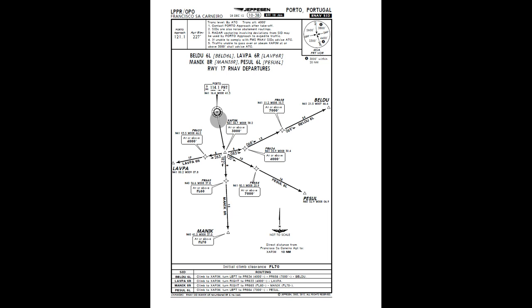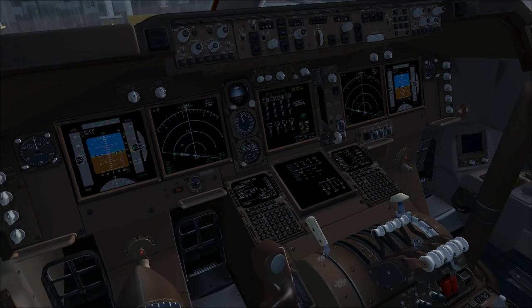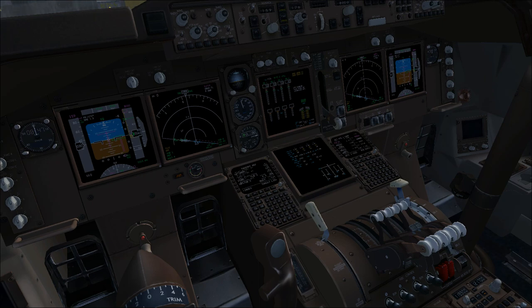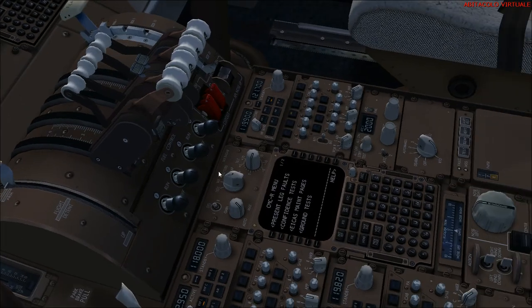See you back in the cockpit, and we will just prepare the aircraft for the startup and for the departure. Okay, we have finished now the briefings, and we can complete the checklist before start. We have to select the doors to close, so we can go there and select the doors to close by the CDU